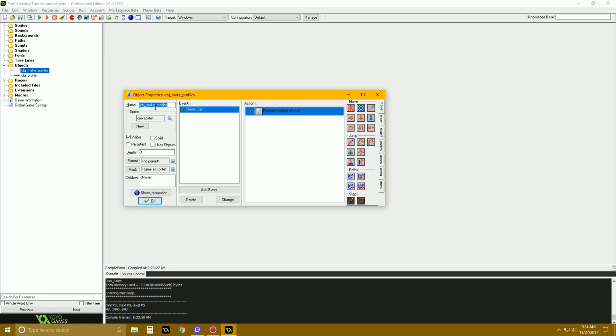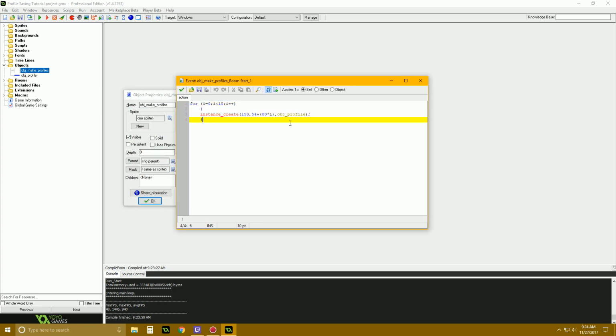We've got this object, make profiles, and in it right now, this is all it has. It's got this for loop, and you can pause this right now because you'll want this in here since we're going to use it. Then we just have instance create, and it uses this i to add more of it to make a bunch of the profiles. And